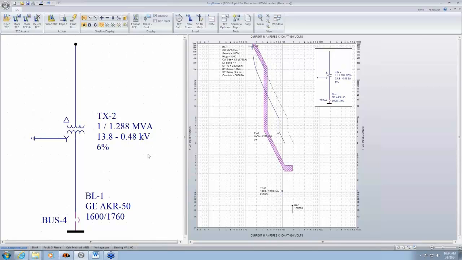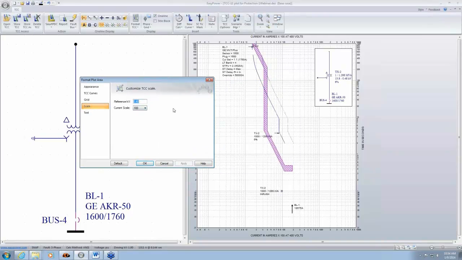Typically, by default, when we plot a transformer, we tend to go towards the lower voltage side, and that becomes the default. So this is 480 volts, which is referencing the secondary side of the transformer. If you have relays upstream and you want to coordinate with upstream medium voltage relays, and you want everything to be referenced to that, you can change that. And the way to do that is just double click here